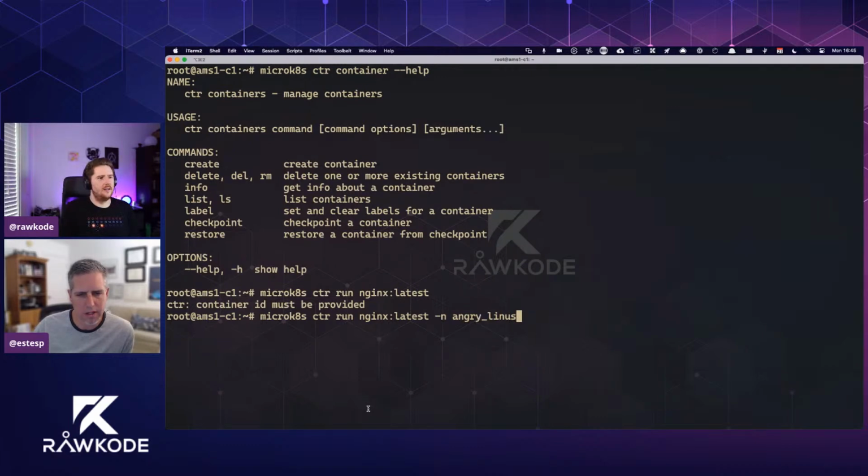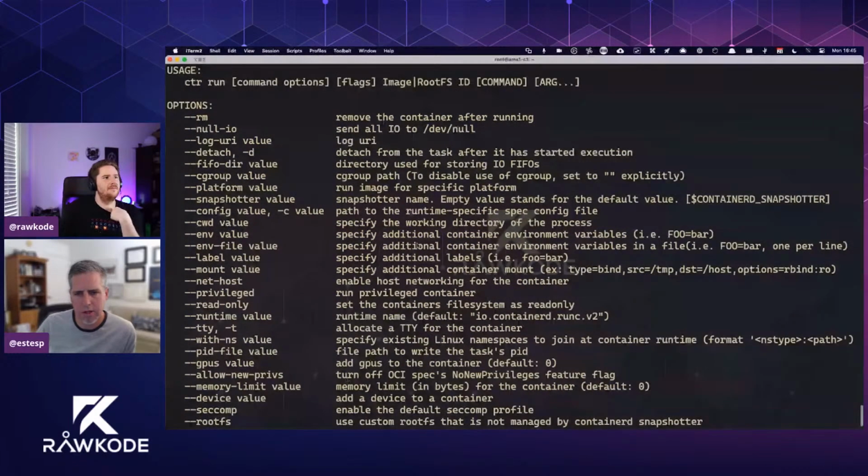It actually just takes positional parameters, so the -n isn't needed. I'm trying to think if there's an order I'm forgetting. So the image, and then there is a default command, so you don't need to specify command and args.